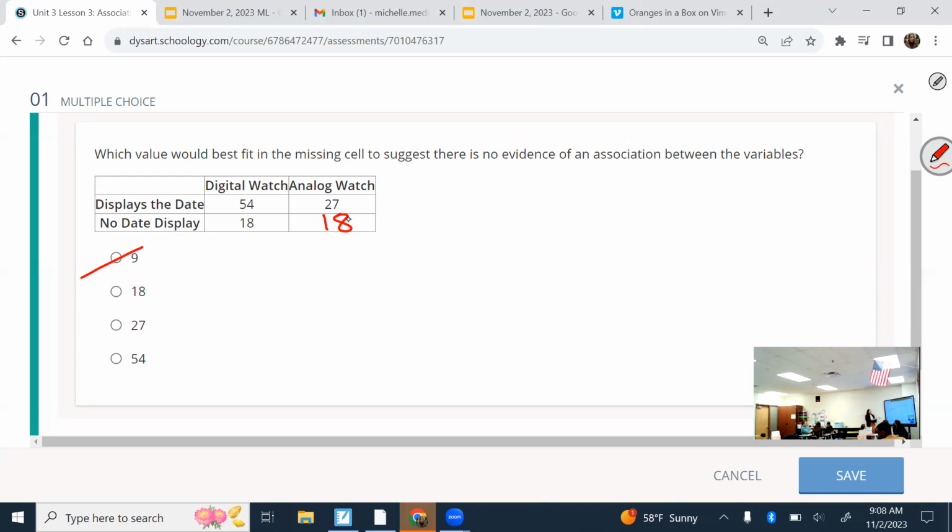That to me might just show not much else. Like then it's showing that this is less than both of these in both situations. So then maybe that's not showing a relationship. We want one that shows no relationship. So like that could be a relationship of like these just always have no dates. There's always less than those that have dates. Question? Yes. If I put a 27 there,